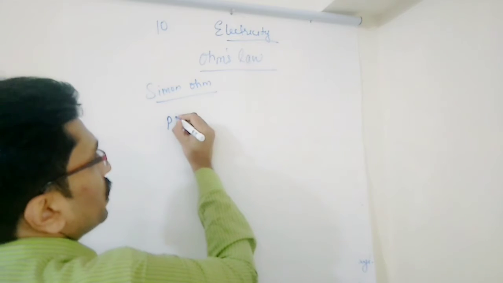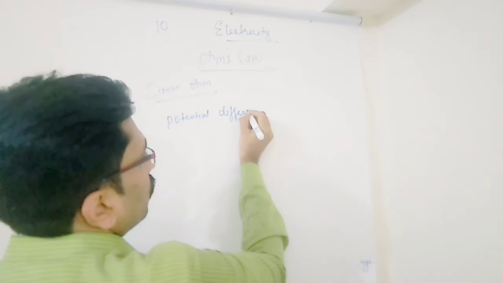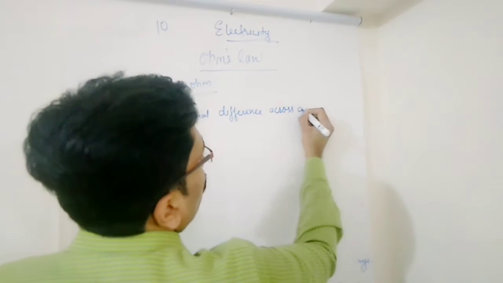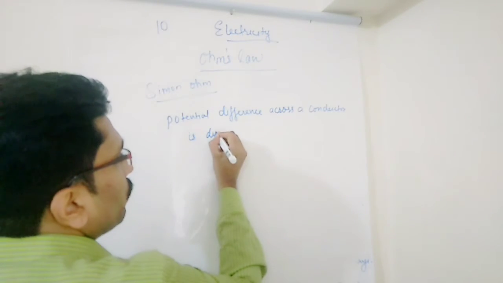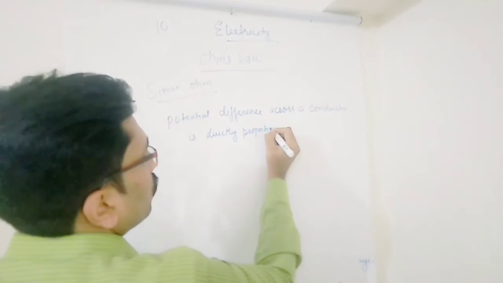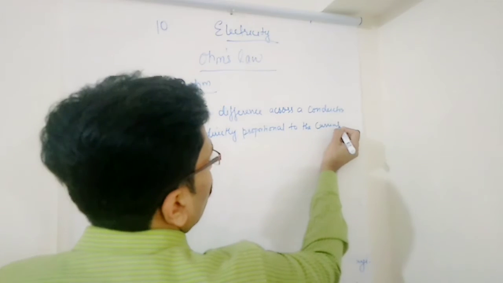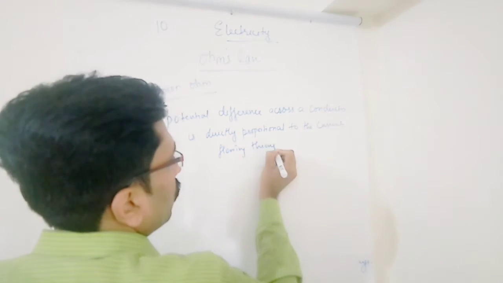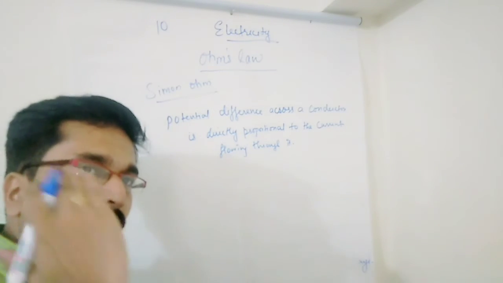What is that? Potential difference across a conductor is directly proportional to the current flowing through it. And listen, all of you should study these contents very well, because the same topics you will have